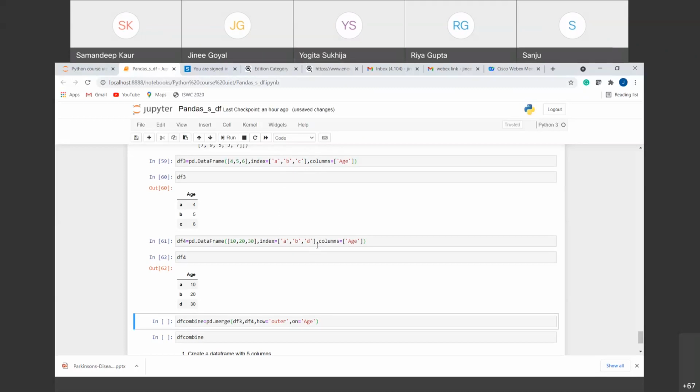But instead of doing that, suppose I have another way of joining the data frame. I want to join it based on some condition or based on the column, right? Instead of adding just all the rows, I want to merge them based on some condition and based on some columns. So for that, let me have a DF combined. Let me run this first to show you more clearly.